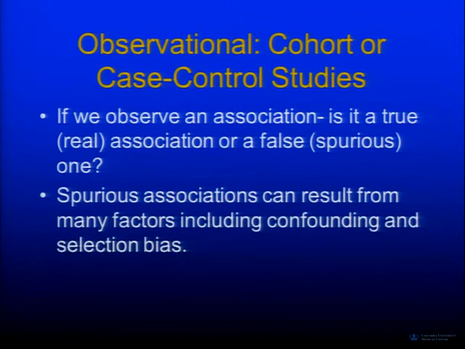So if you're talking about observational studies like cohort or case control studies, we want to know, if we look at an association, say I have 2 papers on meat intake and colorectal cancer, is this real or is it false? Is it just spurious? These spurious associations or findings that look like they're real can result from confounding, selection bias, a lot of the things we talked about last week. So when you find an association, one of the first things you want to do is make sure that you don't have any confounding or things that are going to interfere with your finding being real.